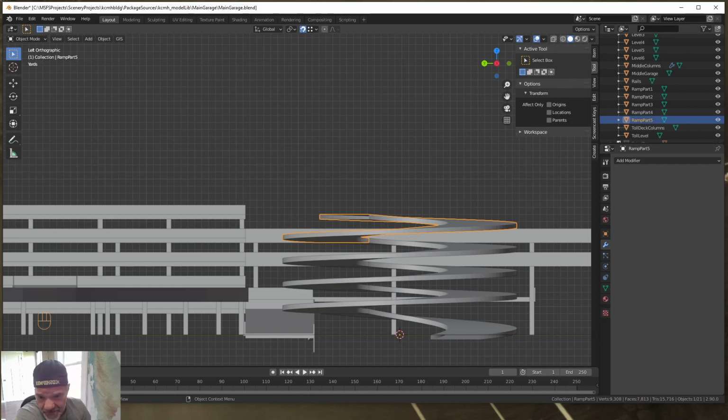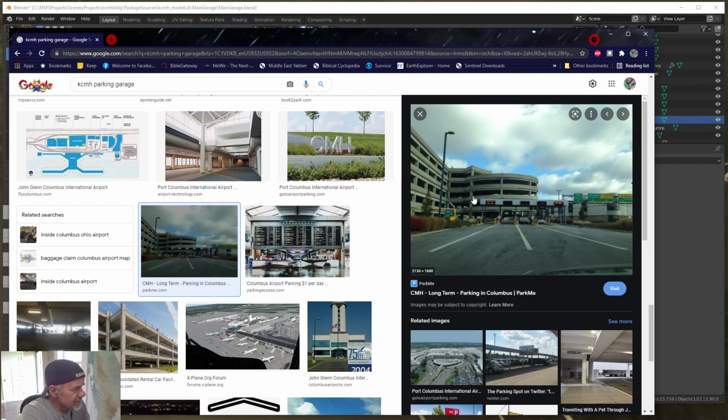Let's take a look at our photo, hopefully. If you'll notice, here's our spiral. And when we're over on this side, you notice we go up the spiral, and then over on the other side of the garage is where it ends even with the garage. But that spiral continues up around. And if you'll notice on the real garage,